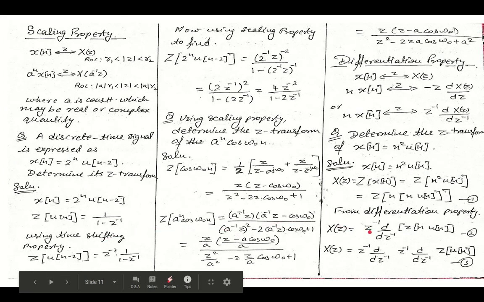So where was our equation number 3? Here was our equation number 3. So we have calculated the values till here. Now we have calculated d upon dz inverse of z transform of un. So that we have calculated. So whatever is left is